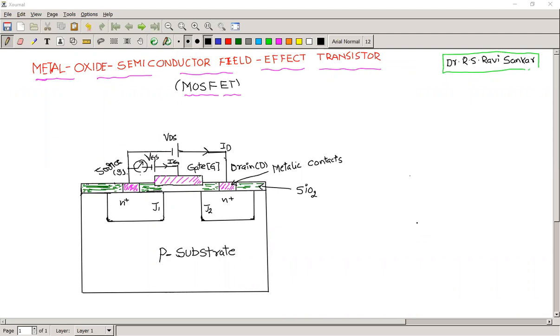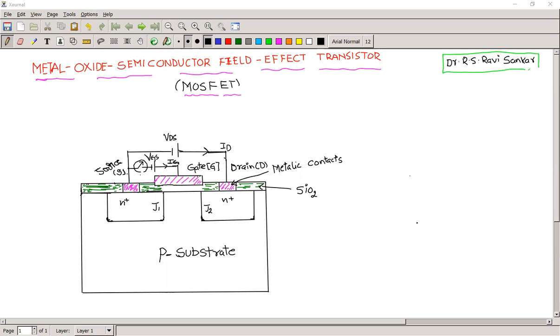Welcome to today's class. In this class, we are going to see one more power semiconductor device, that is a metal oxide semiconductor field effect transistor. See what is the disadvantage there in BJT. Almost all disadvantages will be overcome in a MOSFET. It is a combined technology of the FET and a MOS. Field effect transistor by using the concept of MOS.